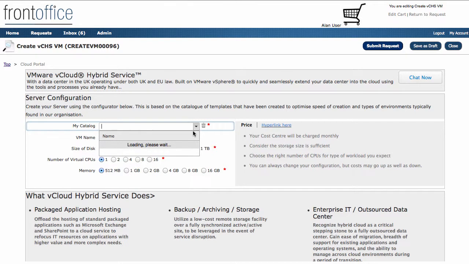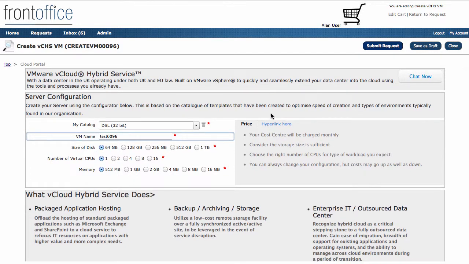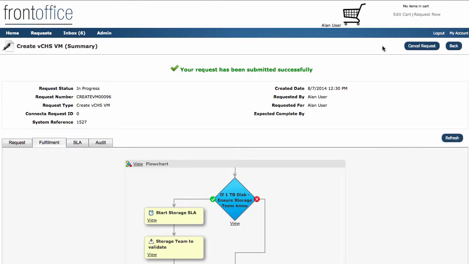All I need to do is to fill out this request where we come and select from a number of different templates that may be available to go and create. We give it a new name, and then we just select the size of disk, number of CPUs and the memory, etc. All I need to do then is to submit the request, and that request will go off to be fulfilled